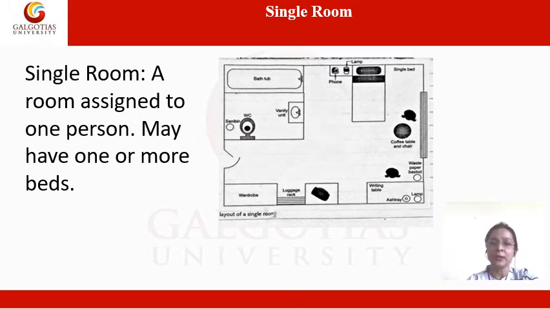Now, understanding the layout next to the definition, you can see there is a single bed with a pillow placed on it, and just next to that a bedside table, well equipped with a lamp and phone. Next to that there is a well designed bathroom. Inside the bathroom, the area defined for the bathtub, some small area is allocated for the vanity unit, and the rest is allocated for the WC and sanitary. So here is how the layout happens in a single room.